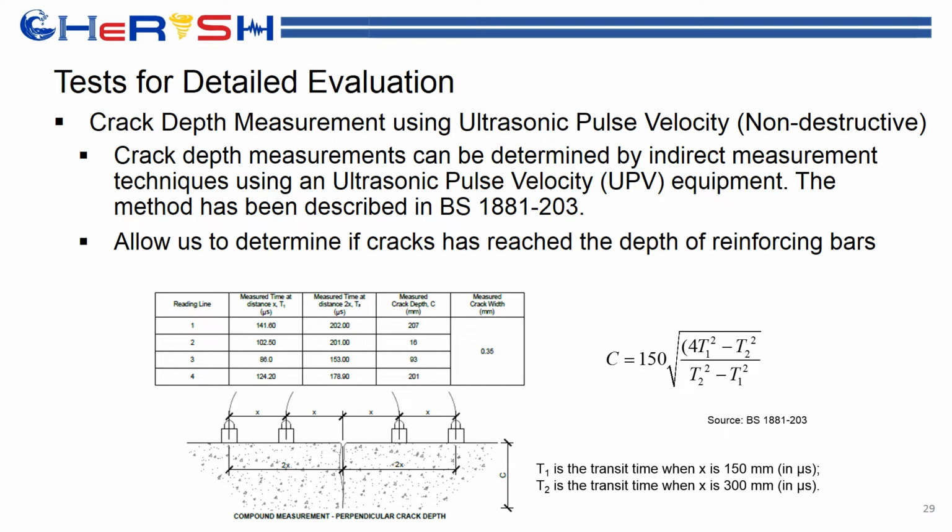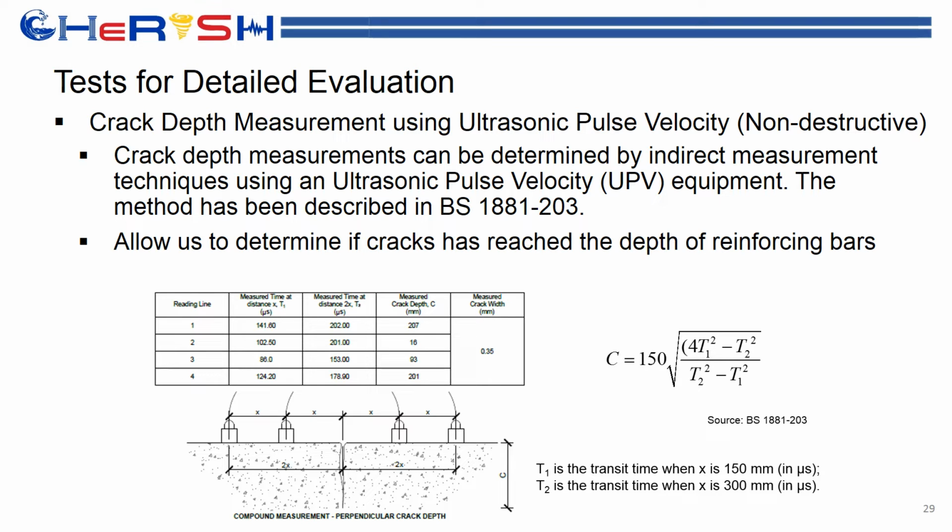And the UPV, which allows you to measure the crack depth, follows the same procedure described in the BS 1881 standard, wherein, according to that standard, the crack depth is a function of the measured travel time of the pulse, okay, that was induced on concrete using what we call a transducer, okay, and from that information, we can get the value of C, which is really the measured crack depth,